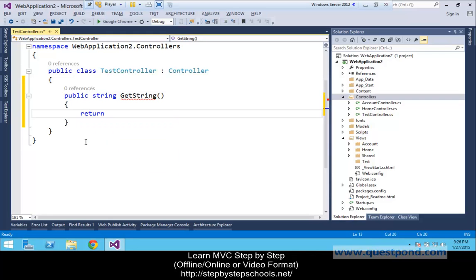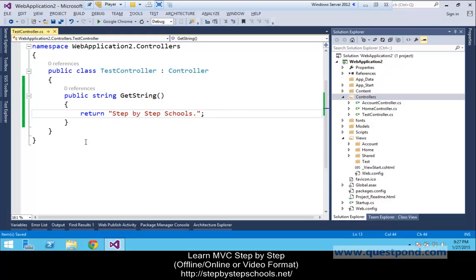Let me put return "Step by Step Schools". Every public method inside your controller will be called an action method, and the end user will send requests to these action methods. In simple words, in ASP.NET MVC, the controller is the one which handles user interaction logic.